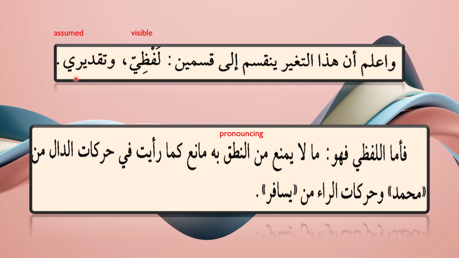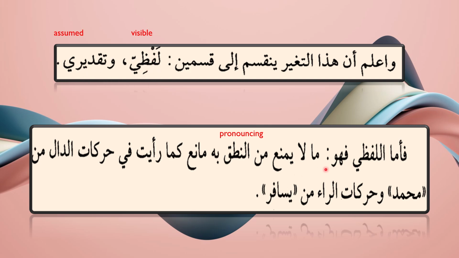Whenever you see a weak letter at the end, just like you learned in the noun, where you saw the alif maksura, the weak letters waw and ya, and the damir attached to the noun. But in the verbs, we have the alif maksura, the waw, the ya. Whenever these weak letters come, know that the harakas become taqdiri, that is, not visible. So here you will learn two types of harakas. One is visible, the other is assumed.